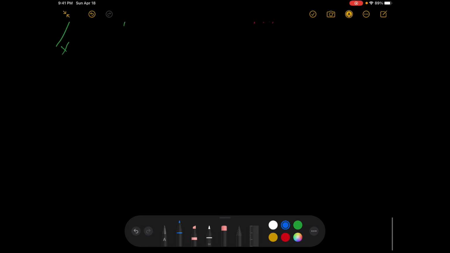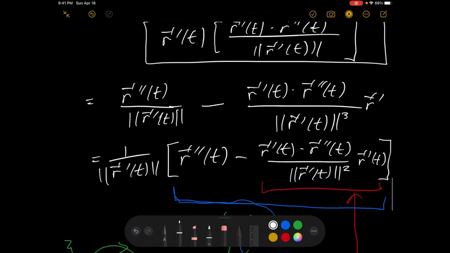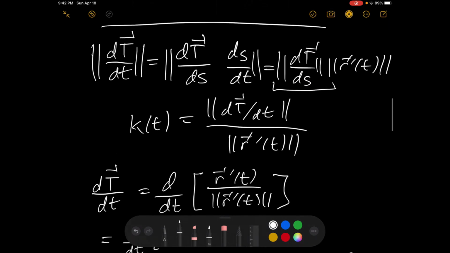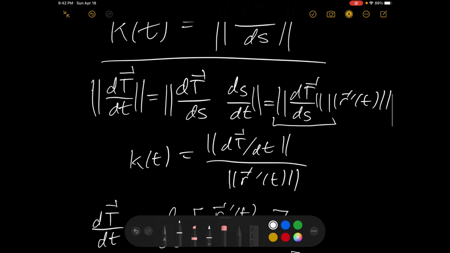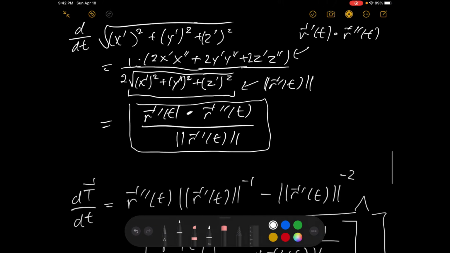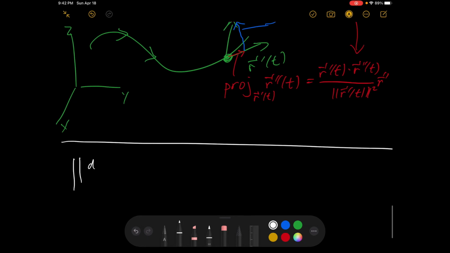So now let's consider going back to, so remember that this is essentially dT over dt. But of course, I promised you in the beginning that I have to take the magnitude of this at the end. And now I would like to apply that operation right now. So if we apply the magnitude operator,